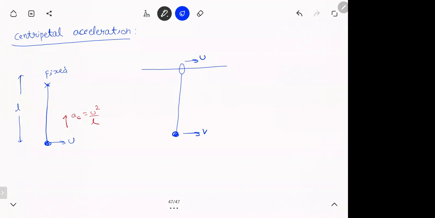Then what happens? When you talk about the speed now, you always have to stand on the center and solve the problem, meaning the observer is standing here and then he thinks it is going in a circle. So with respect to the observer, if you stand on the center of that pendulum, you will think this is going with u minus v. So now what happens to your centripetal acceleration? It's (u minus v) whole square by r.